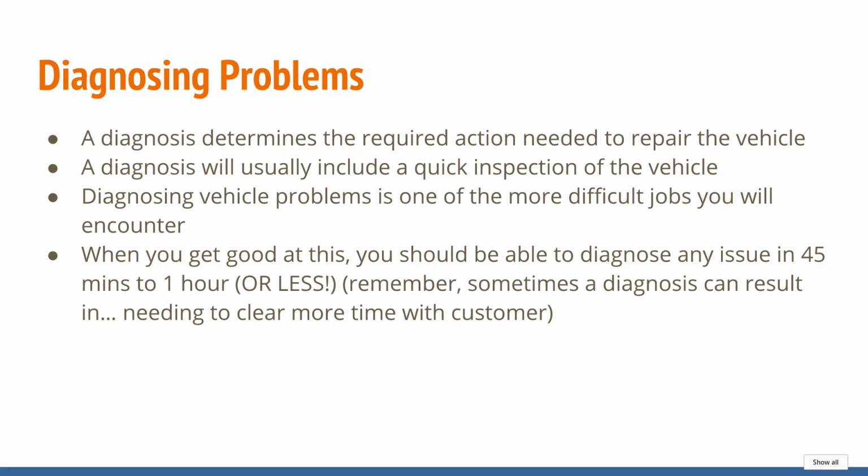So guys, different shops are going to do it differently, right? Every shop's going to have a little bit different process of doing things. What I do with my shop is we offer a $45 diagnosis. And we tell people up front, your diagnosis is $45 unless we do any repairs to the vehicle, then the $45 goes right towards the repair. And what that weeds out or prevents is people just fishing around trying to get a free diagnosis of their vehicle and then fixing it themselves. And guess what? I learned that by experience. I used to offer free diagnoses and I don't anymore. So anyway, where I'm going with that is